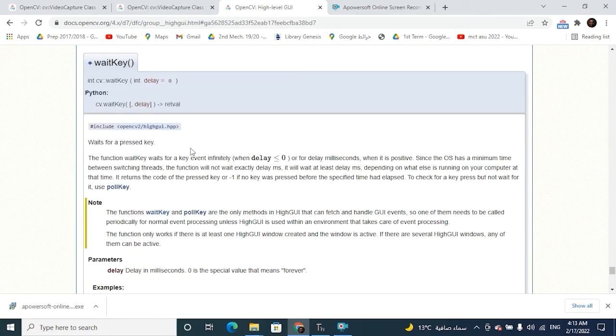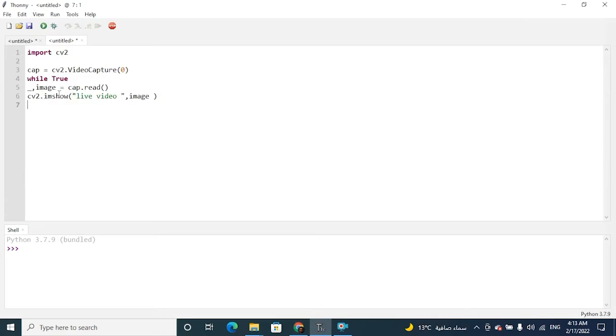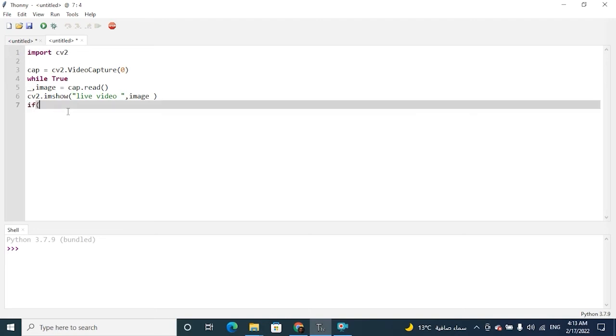Waits for a pressed key. So it makes sense. If we just leave the code like this, these two functions are just going to keep repeating themselves, and it won't be able to know when to end or when to close the window that displays the video. So I need to put a condition to close that window or to finish displaying the video that's being captured. So this is when we're going to use the wait key function. So if cv2 dot wait, sorry,